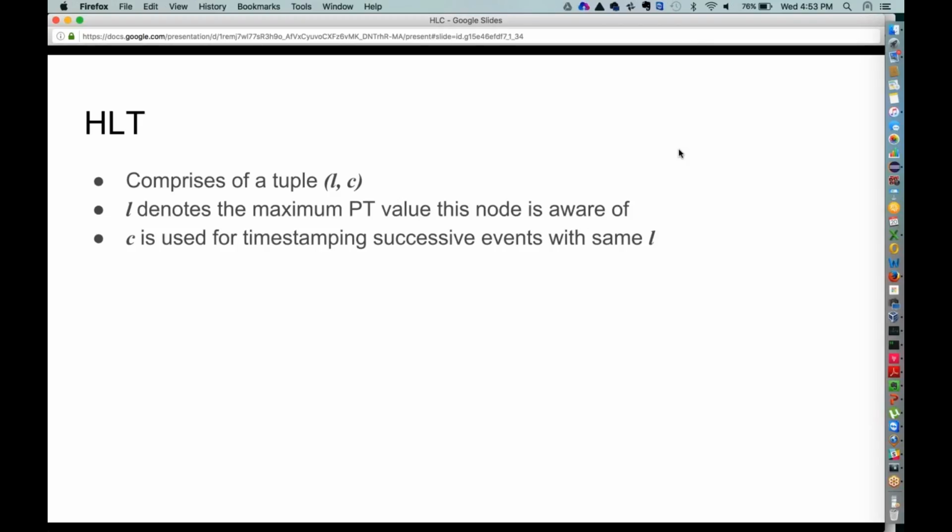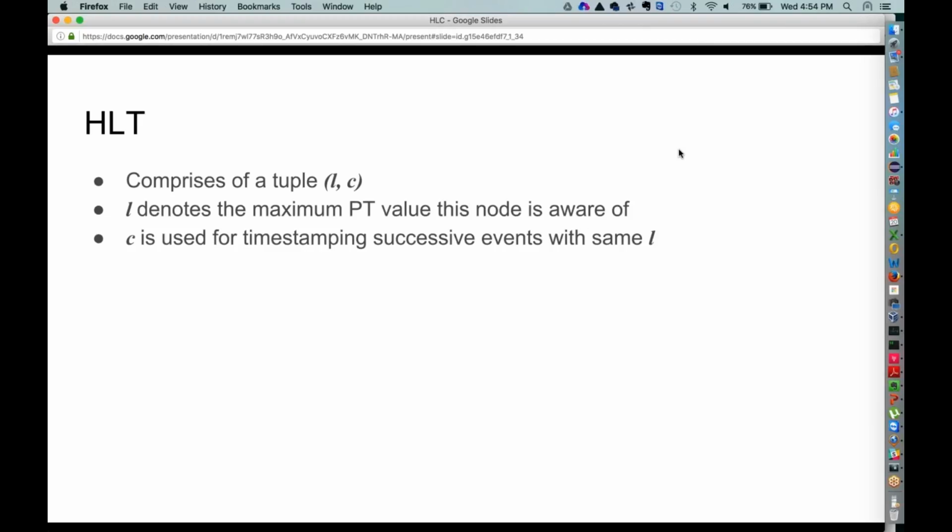The intuition here is that if you have a set of nodes, everyone has their own physical clock. The L value is going to be the maximum physical time value. Here, physical time is the NTP timestamp component that a node has seen.